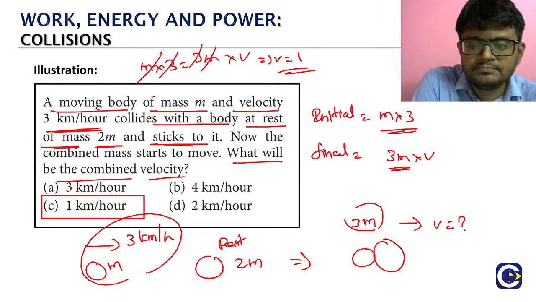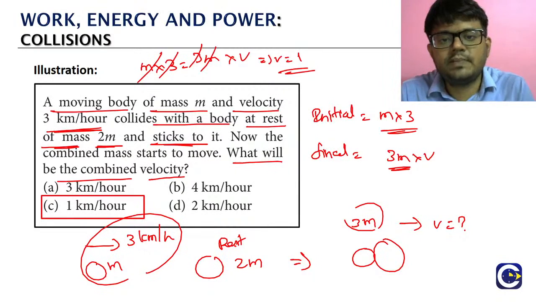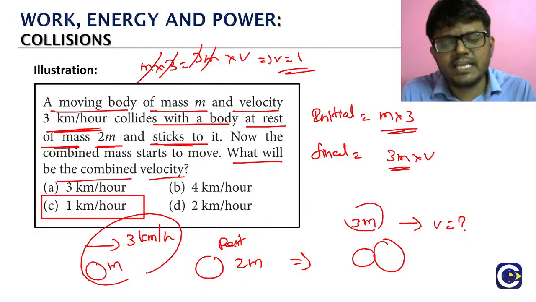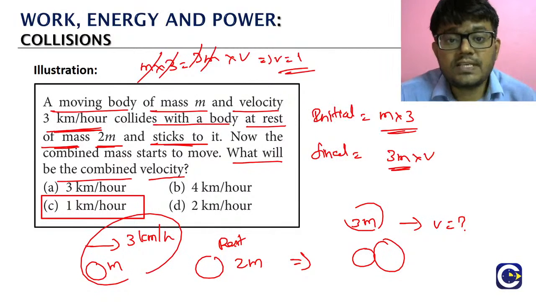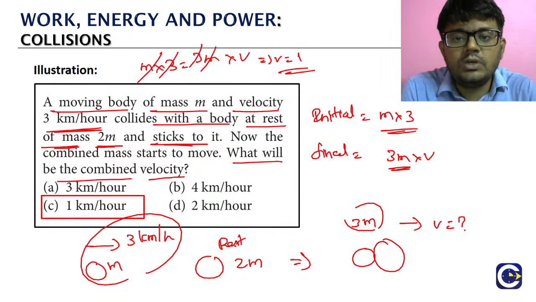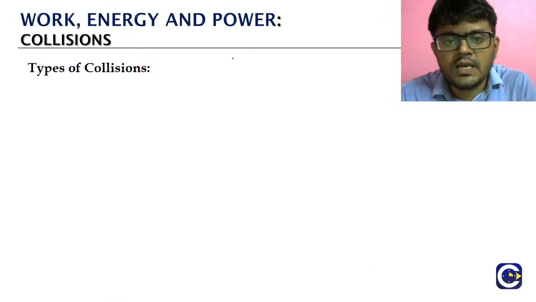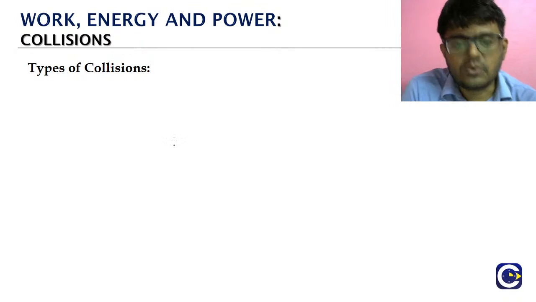Check it, guys. All these questions use the basic principle, which is the conservation of momentum. Whenever we say collision, any type of collision, it is going to satisfy this conservation of momentum principle, because the collision as such we identify as an isolated event. Now we will talk about the classification of collisions.